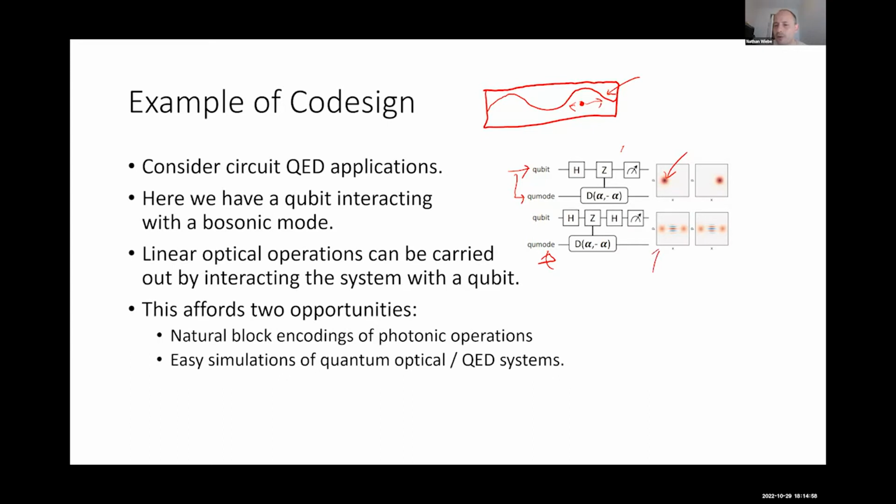So down below over here, this is an example of preparing a so-called Schrodinger cat state in this system. You prepare a qubit in 0, you apply a Hadamard to the qubit, then controlled on the value of the qubit, you perform a displacement of the oscillator, either forward or backwards in alpha. So these two are displaced in alpha over here. And then we measure at the top.